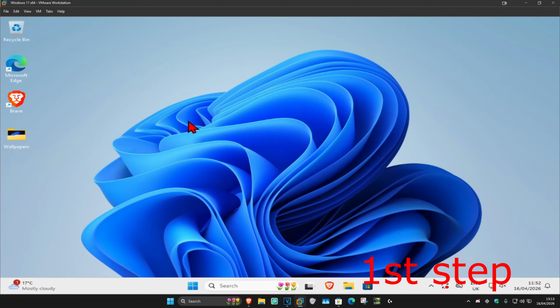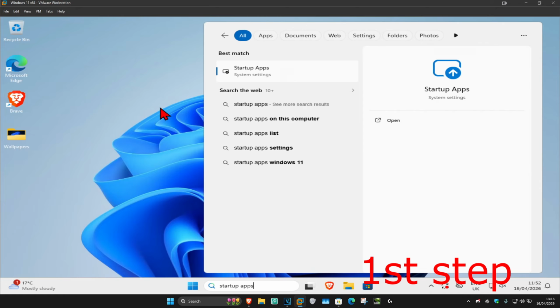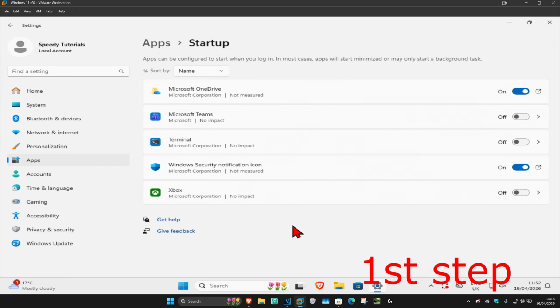So guys, for the first step, you want to go to search and type in startup apps. Click on it. This will show us all the applications that start automatically once your computer turns on. In my case, Microsoft OneDrive automatically starts when my computer turns on. I don't want it to do this, so I'm going to turn it off. You want to turn off all the applications that you do not want to start automatically once your computer turns